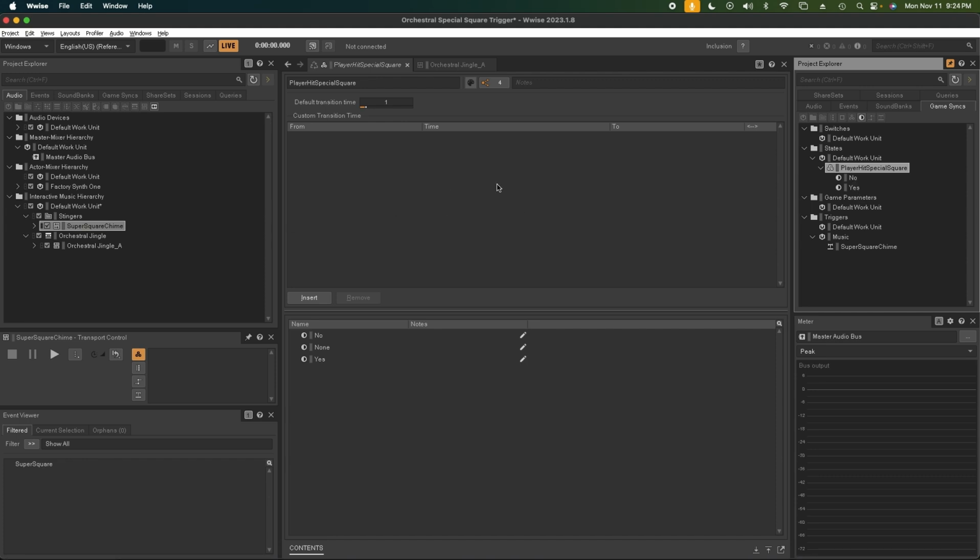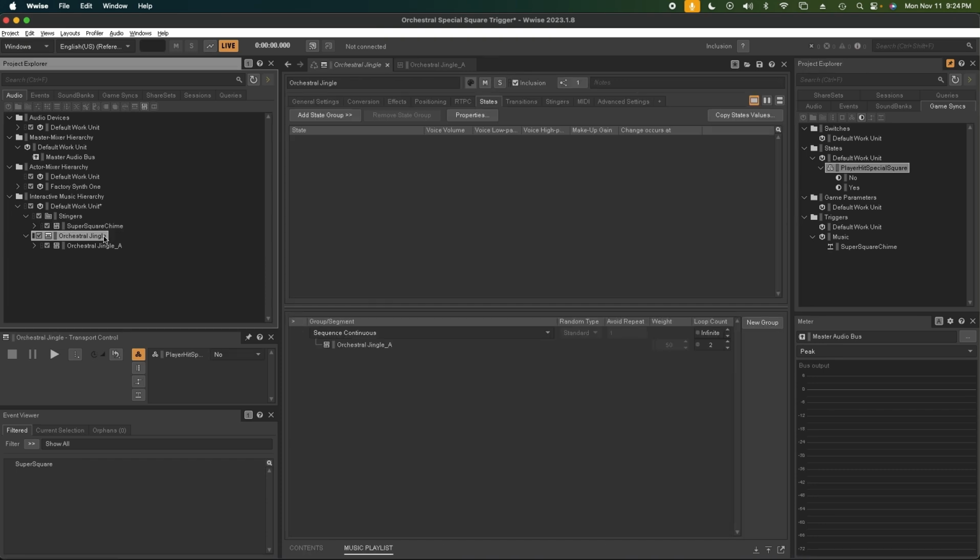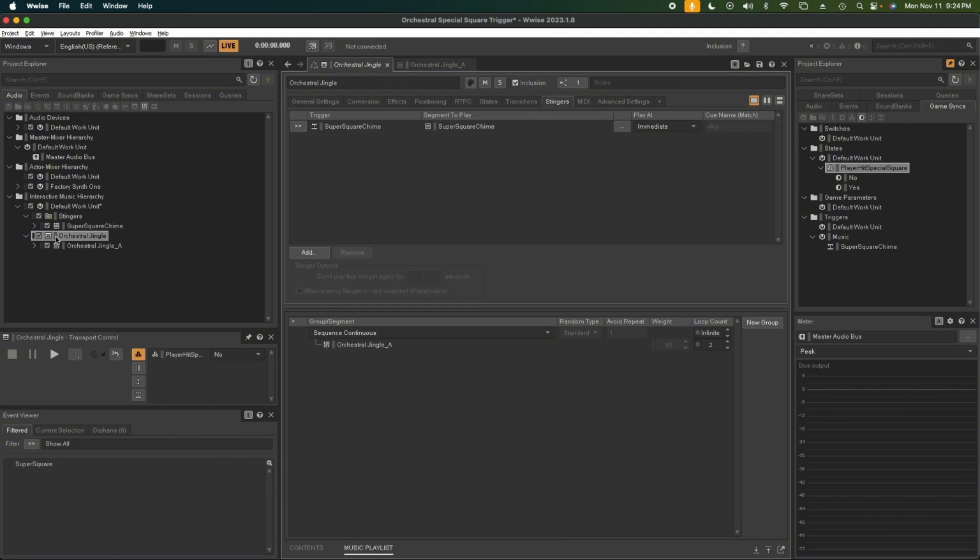In this case, whenever the player hits the special square, they go into this special mode, and it's signaled by the music and the chime. So to do that, two things need to happen. The chime needs to go off, and the louder woodwind melodies will play, and then the percussions also have to play. So to do that, what you first have to do is go to the playlist container here, and under